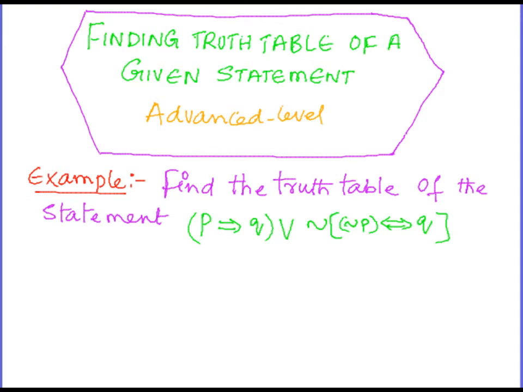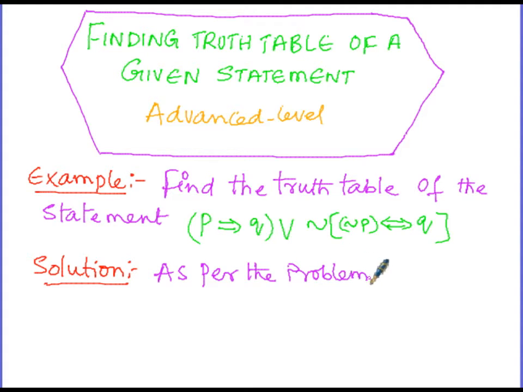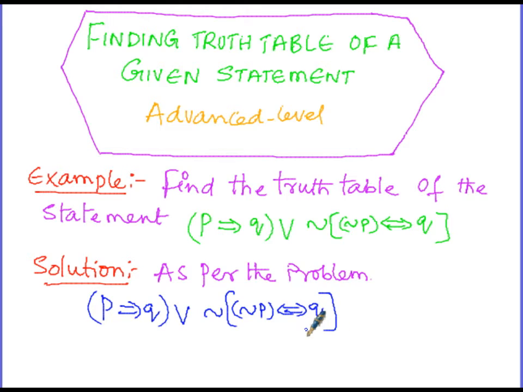Then now the solution starts. So in our solution, as per the problem, the statement which is given to us is P implies Q or negation of negation P by implies Q. Then now we are going to show this statement by means of a truth table,